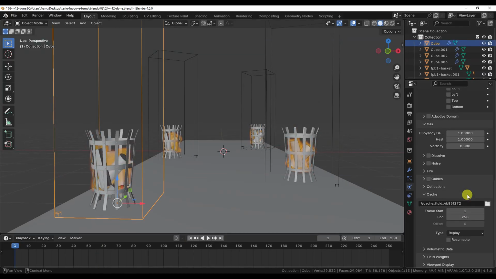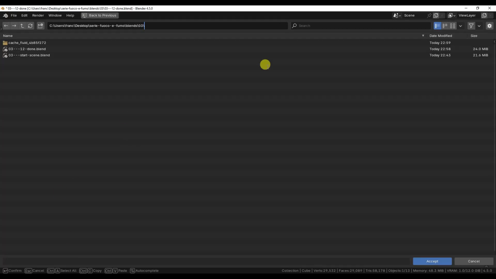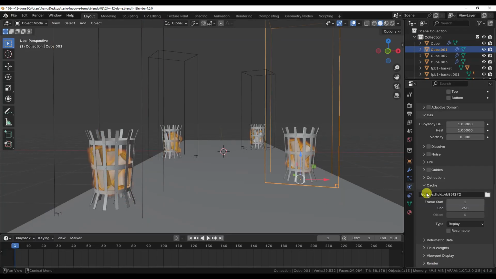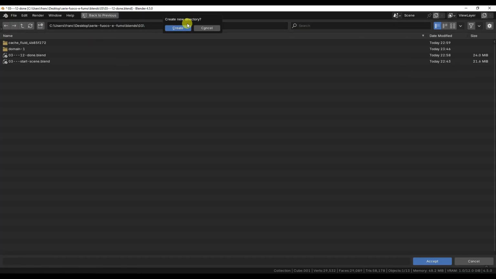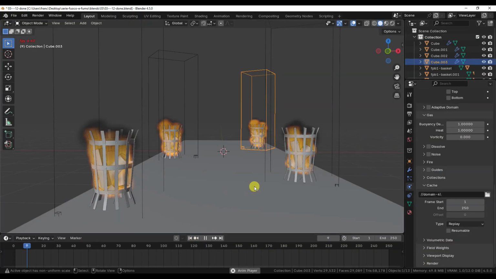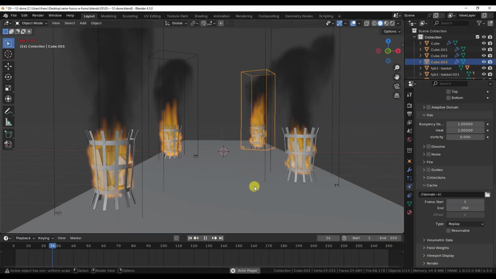If you want each domain to have its data clearly separated from the others, you need to specify separate cache folders for each domain before running the simulation. Needless to say, this will significantly increase the disk space used by the data of the various domains. It's up to you, depending on your needs, to decide which strategy to adopt. One or more very large domains, duplicating the same simulation, or creating separate caches for the different domains.